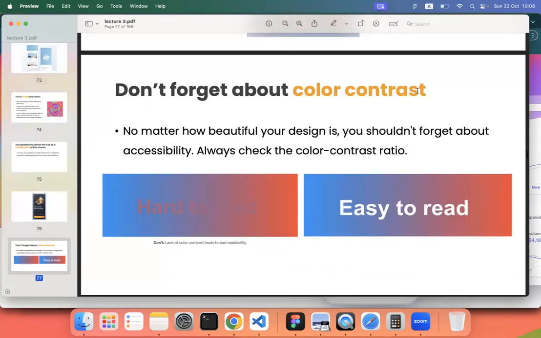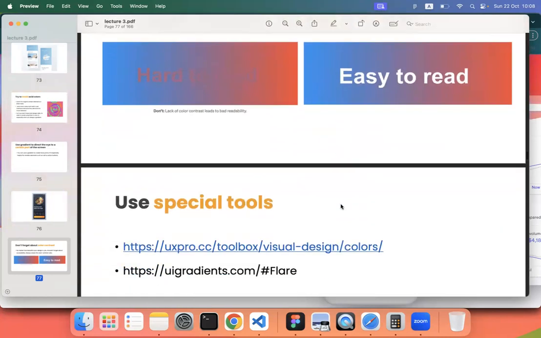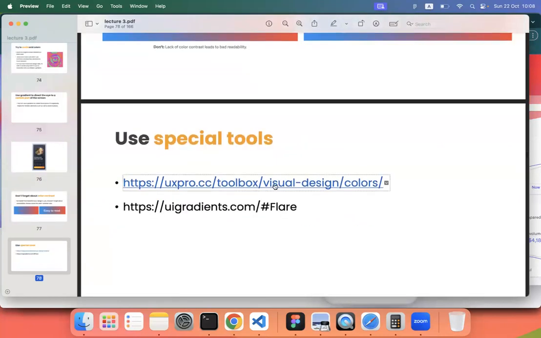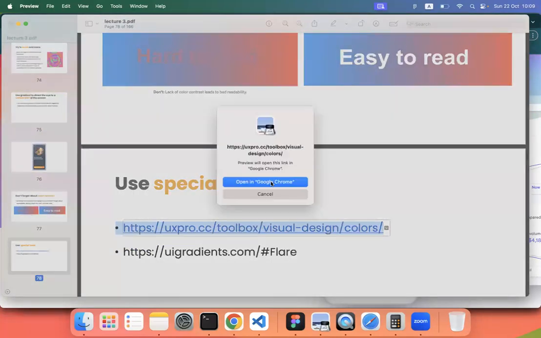Don't forget about color contrast. If you are using gradients, no matter how beautiful your gradient or design is, you should not forget about accessibility. Always check the color contrast ratio. In here, the readability is very low. You can hardly read it. But if you use white or a contrasting color text as a foreground color, you can easily read it without any issue. So you can use these kinds of specific tools to increase readability or color contrast between different layouts, specifically text and the background. So if we go here,